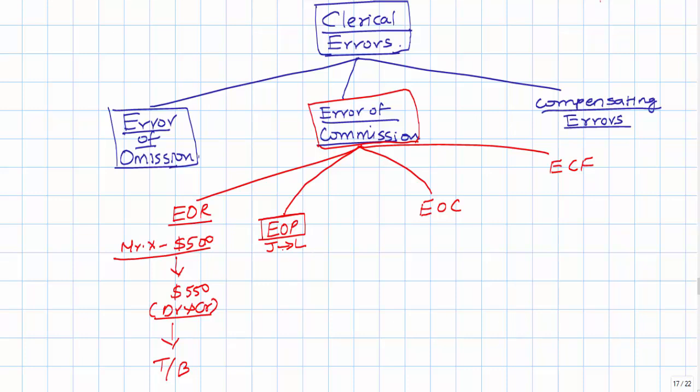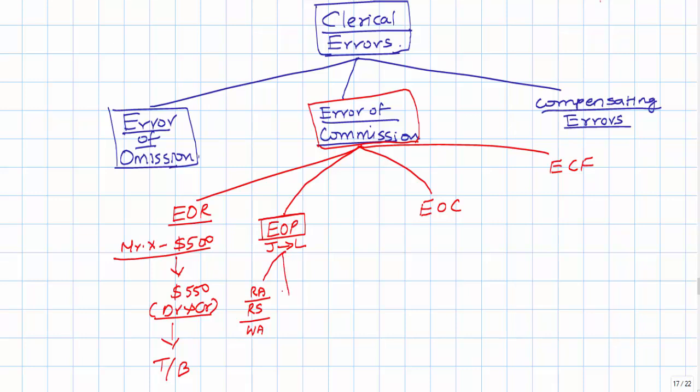So what are the possible mistakes? When posting from journal to ledger, you have to pick up the right amount, and that should be taken to the right side, and it should be taken to the right account. So there are 3 factors. You have to pick up the right amount, take it to the right side of the right account, but there is a possibility you take it to the wrong account. So this is one kind of error of posting, picking up the right amount to the right side of the wrong account.